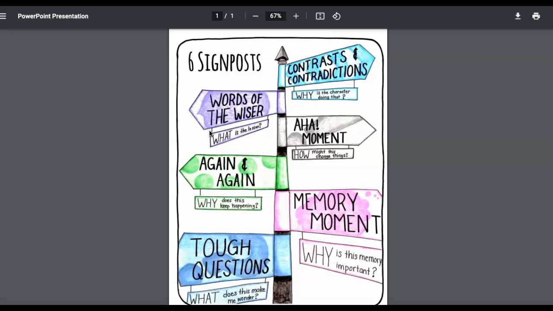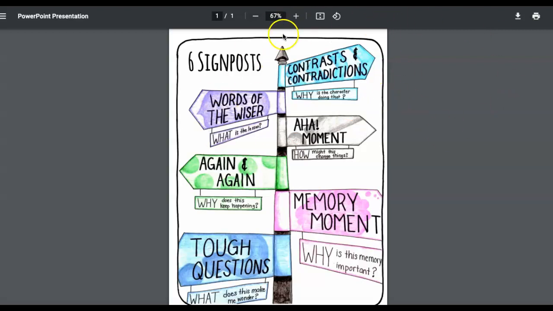So this is when a wise character, probably falling in the same category as an advisor or a secondary character, often older than the main character, shares his or her understanding or insight or advice on something. You want to stop and think about that because these insights or advice usually reveal something very important about the theme. So you'll ask yourself, what's the life lesson and how is it connected to my character? So you could say the important lesson offered here is... And last but not least, the one we're going to practice working with today,